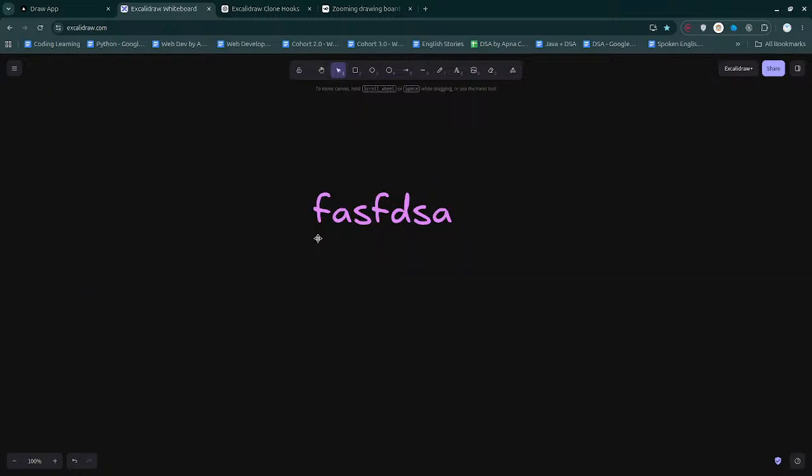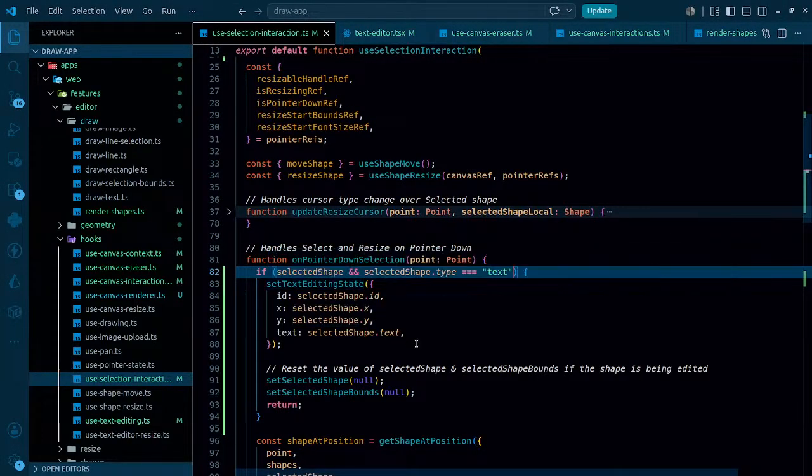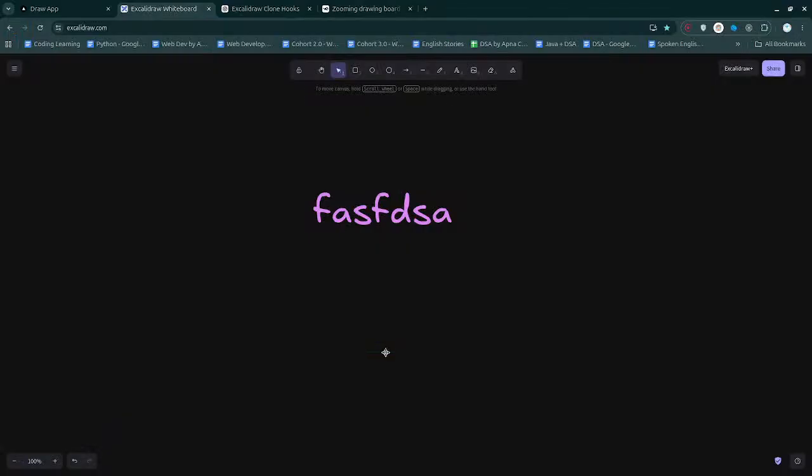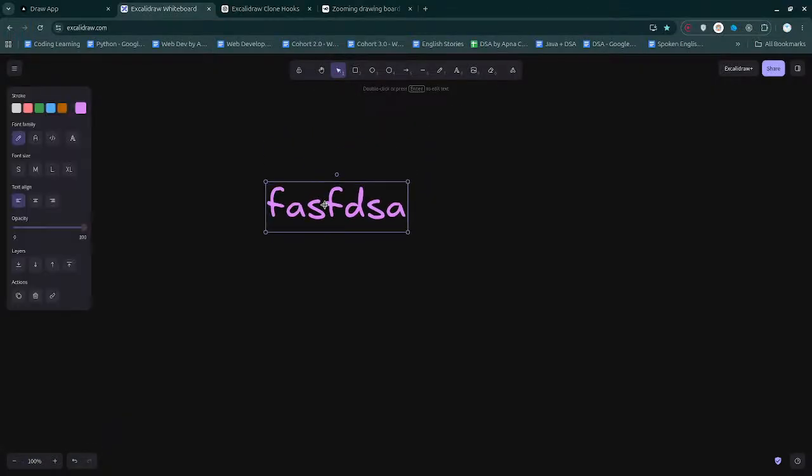yeah, so it should be happening on pointer up. What the heck? Yeah, actually on pointer up. Why? Because what is happening here, as we click here, nothing is happening. Only when pointer up happens, then something is happening, right? So suppose if I'm clicking, nothing happens, then it happens. So we are actually editing the shape on pointer up. First of all, this thing on key up or pointer up, that's the same. This is the first thing. And the another thing is that when the pointer actually happens,